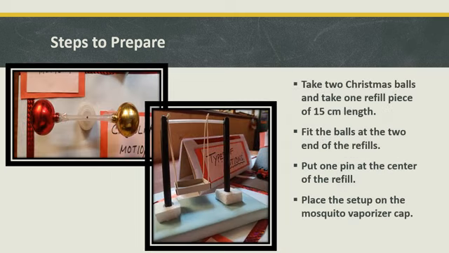Now we need to take another refill, and we need to omit the two ends of the refill, one is the nib and the other side also, and we have fitted 2 Christmas balls at the two ends of the nib. And now we have ruptured the nib at the middle using a pin. Then we also punctured the tip of the mosquito vaporizer refill cap, and then we put the total setup into